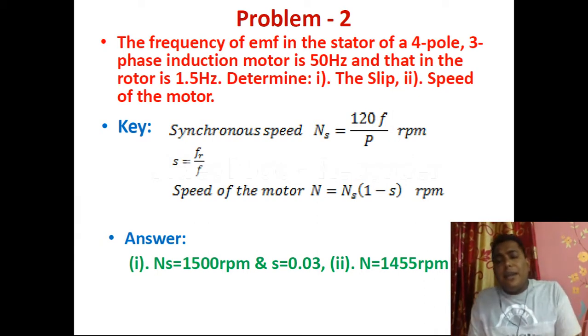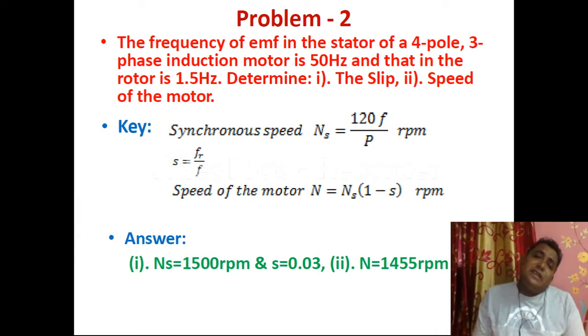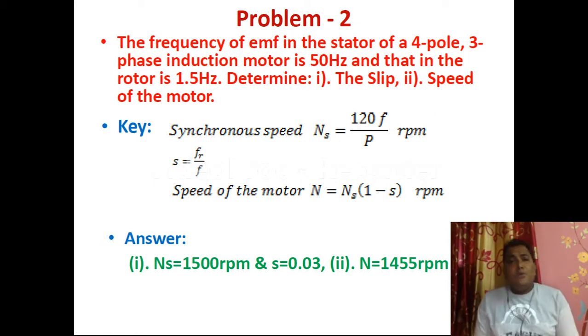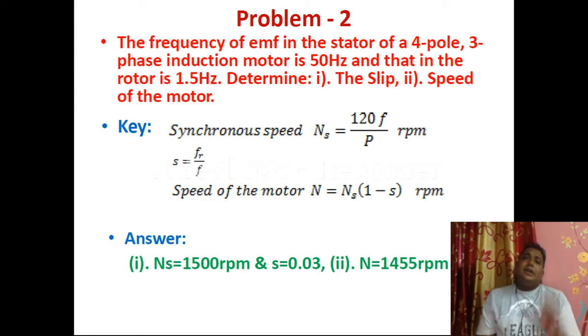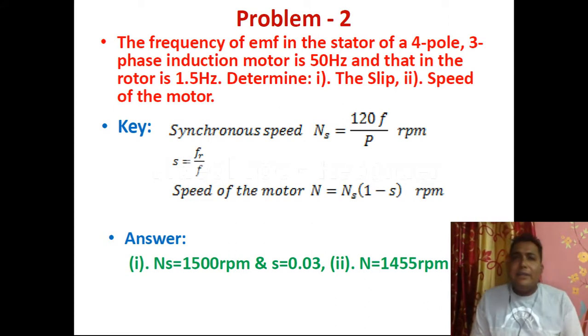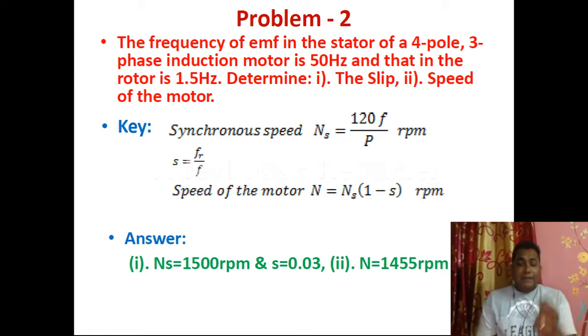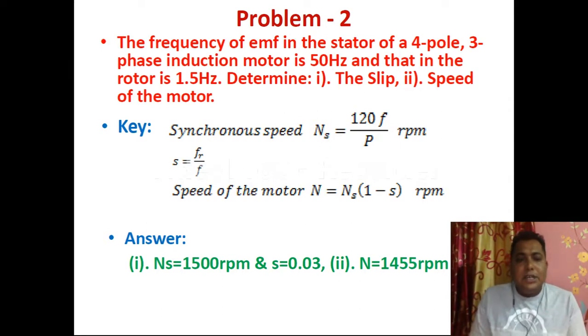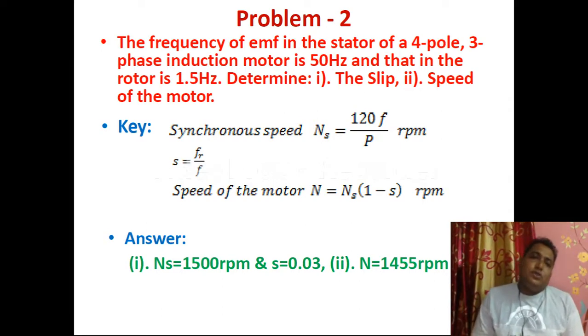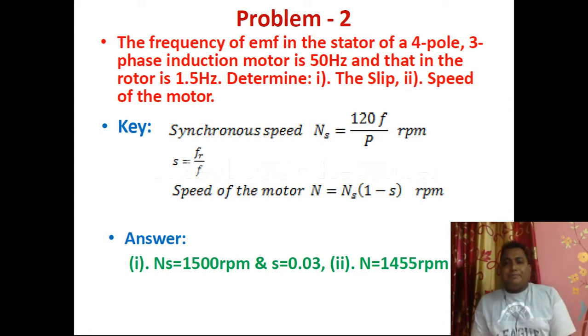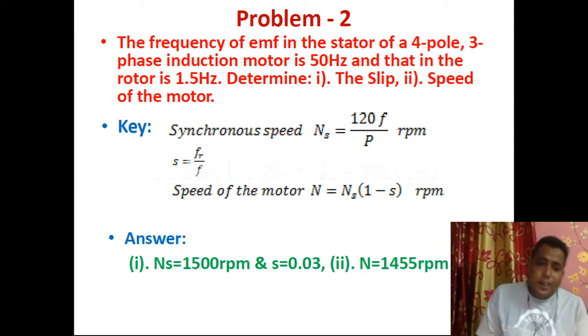So now to find out those, just check which values are given. It is told that it is a 4-pole machine. It is told that it has a supply frequency of 50 Hz. That means initially we can find out the Ns. Ns formula is given by 120 f by P. But f is 50 Hz and P, the number of poles, is 4. So first we can find out this Ns, that is 1500 RPM, and then if it is known,